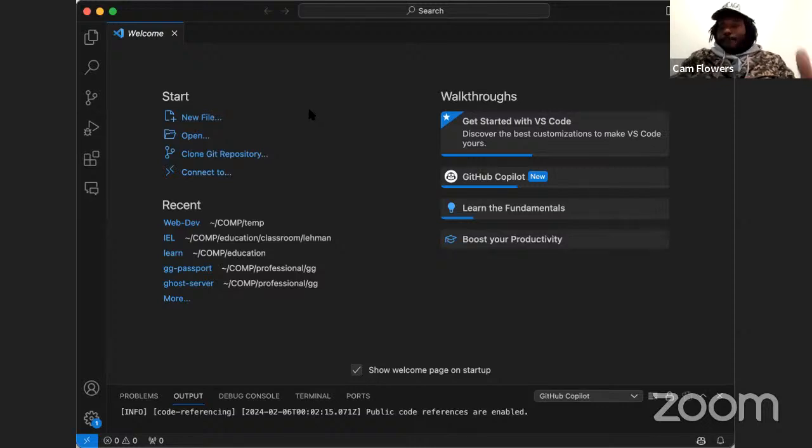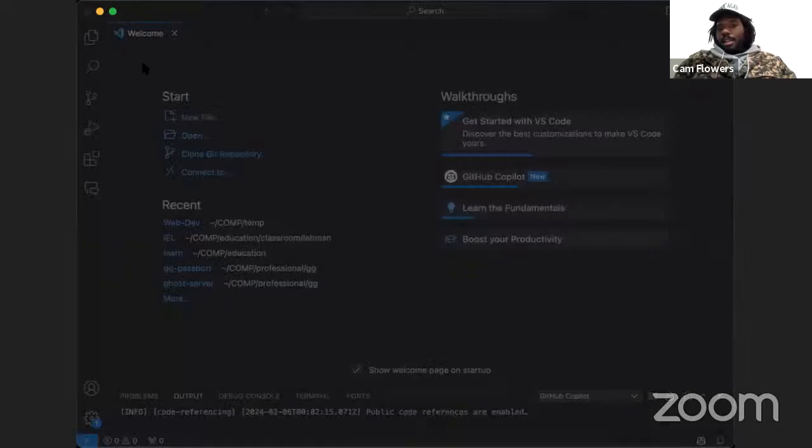So my first thing when I go into VS Code, if I'm starting a new project, is I always click open with this folder icon, or I go to File and click Open Folder up there. What that's going to do is pull up